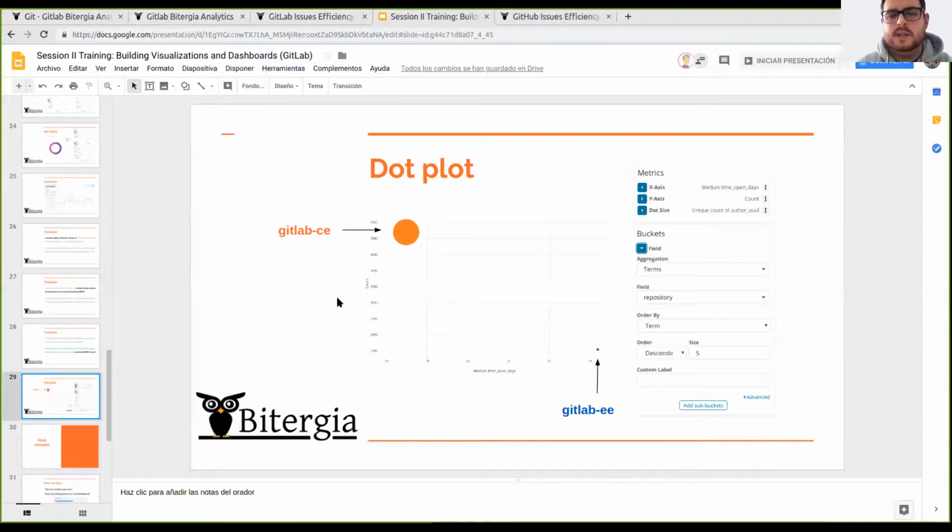Okay, so in this case, you can compare one metric against another. In this case, we are selecting the median time open days and we are bucketizing by the repository. So you can see here two extreme cases, right? So you can see one big